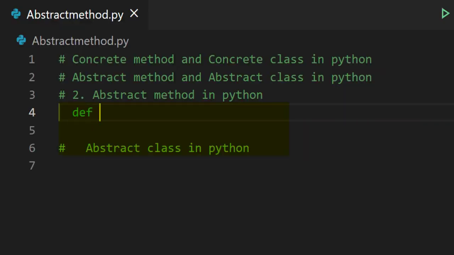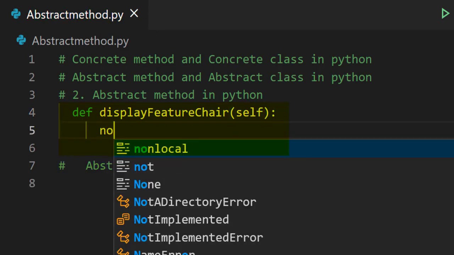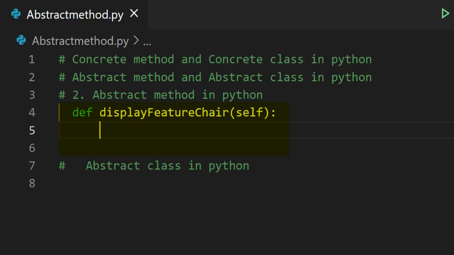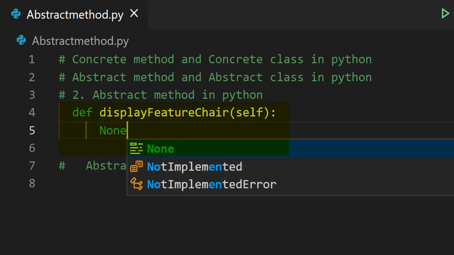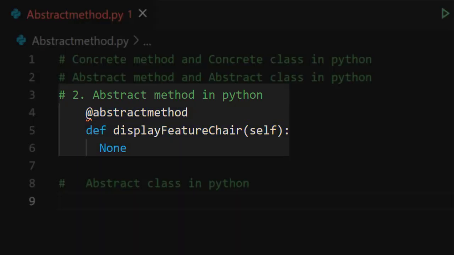The method which is having only a method declaration, that is def display feature chair with the self keyword, and then no definition, so I am giving None here, with a decorator, that is @abstractmethod, is called an abstract method.